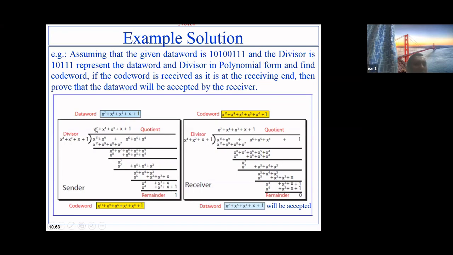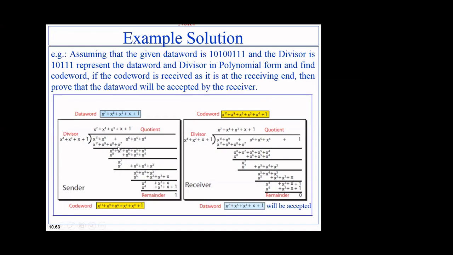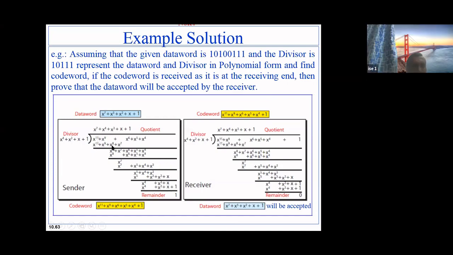Now once that is there, you multiply this divisor by x to the power 7. What I meant to say, this x to the power 11. 4 by x to the power 7, you will be getting x to the power 11 plus x to the power 9 plus x to the power 8 and plus x to the power 7. Then this goes off, this goes off. What remains is x to the power 8 plus x to the power 7.